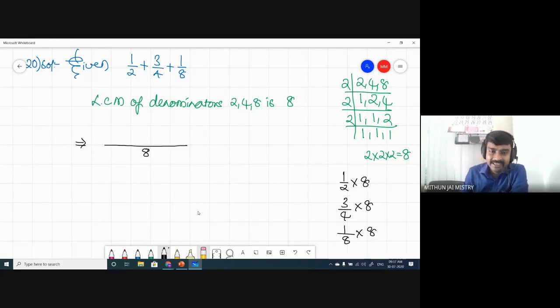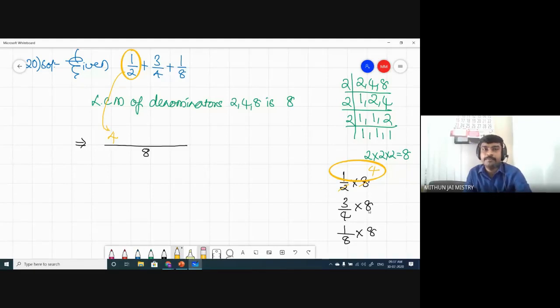Now it's okay. So what is the second work? We have taken each of the fractions, and we have multiplied with the LCM. Now one by one solve it and write over here. First one: 2 1s are 2, 2 4s are 8. Then 1 into 4. 1 4s are 4. So in the place of the first fraction, I am writing 4 here. I hope you got me.